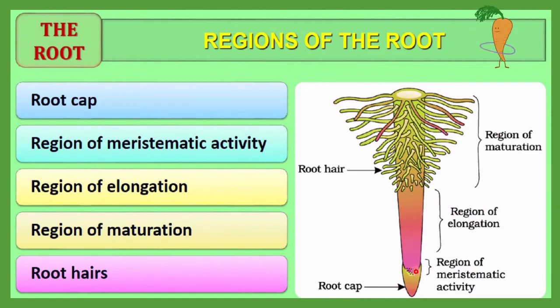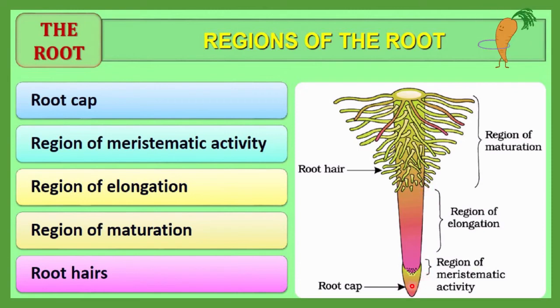Here cell number will increase and here size will be increased. So this is the difference between these two regions. And next is a region that is a maturation region. Here, this one. Okay, so this one is a region of maturation, and in this particular region, cell differentiation will occur.